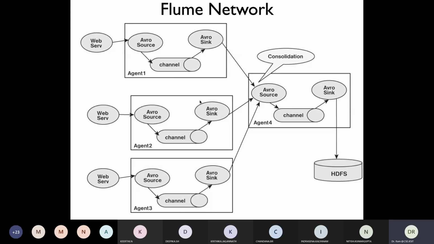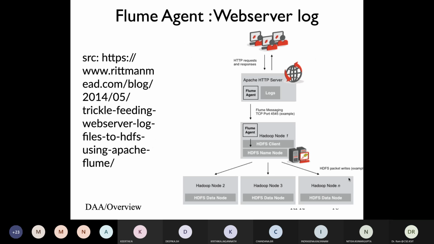All these three agents write onto a single source of a fourth Flume agent, and we said a source could read from multiple sources. So this is all Avro formatted data. It puts it together, consolidates it, writes into the buffer, and then this data would be read by the sink and written into the HDFS file system. HDFS is distributed, but it basically gives you a logical view of your data.